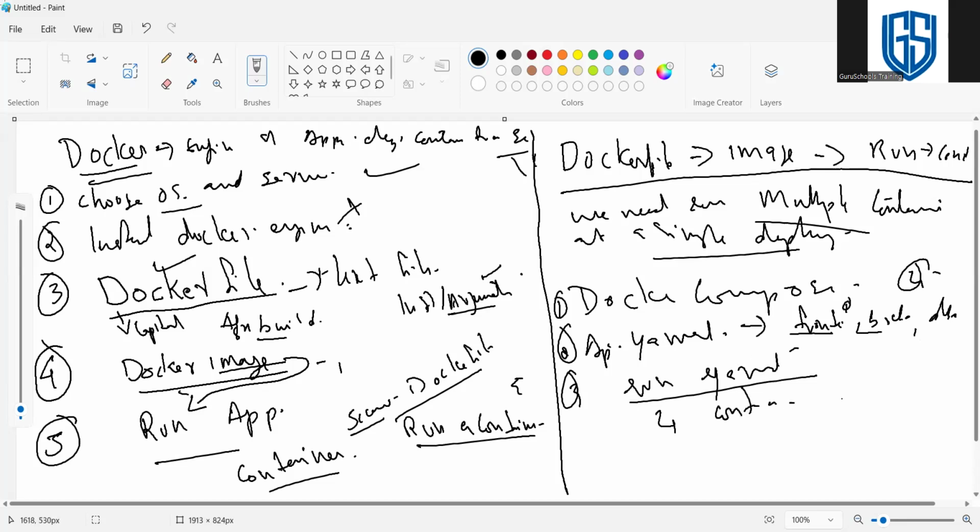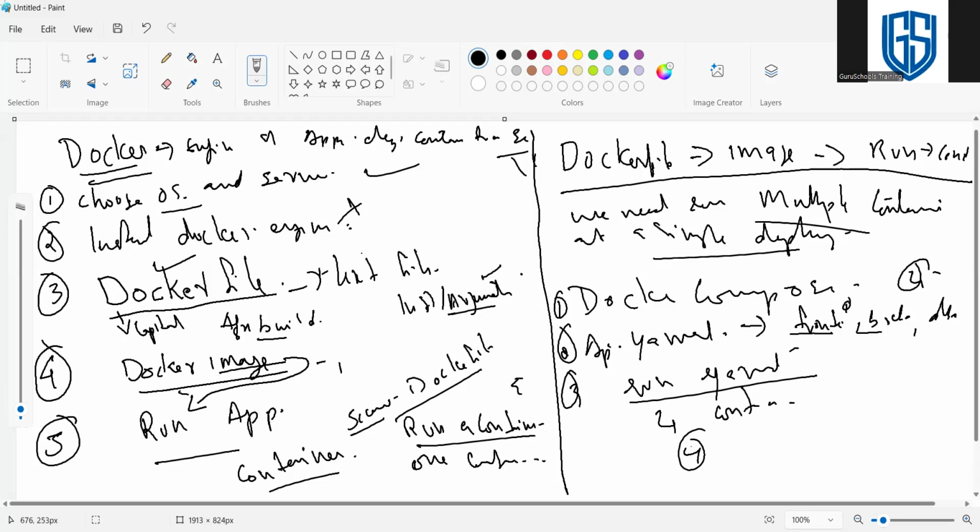Those 4 containers will be running, and the 4 services of the application run. Coming to Docker, we can see the 4 containers running in this setup. In the Docker file setup, we can see only 1 container running. Got it? So choose correspondingly.